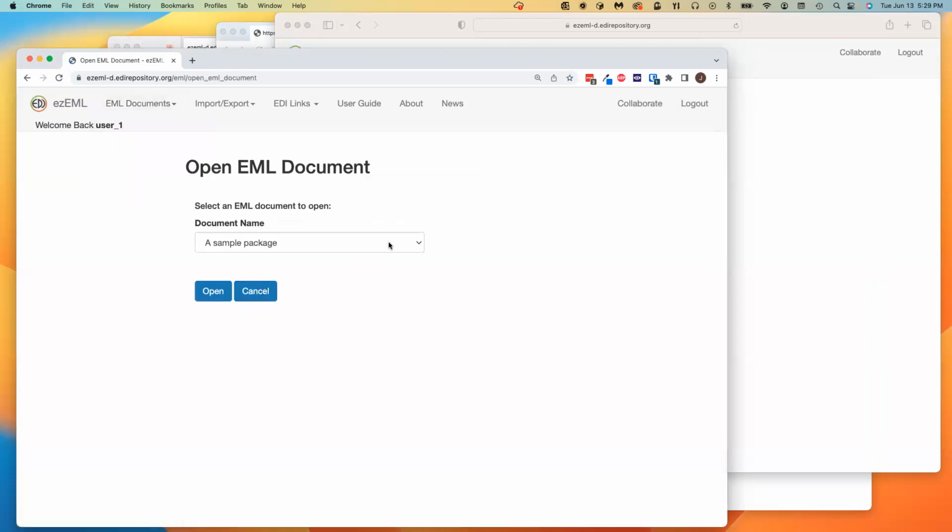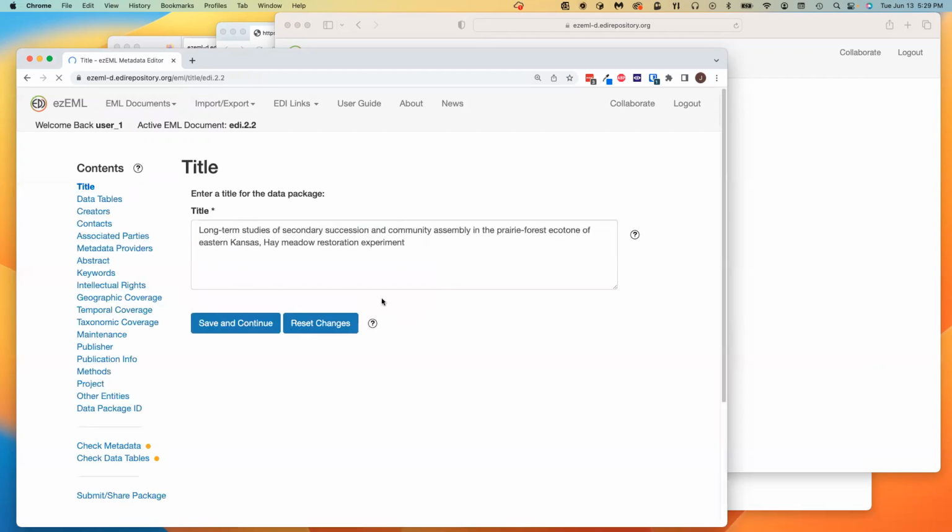Now, as I said, for the documents and packages that I have created, the terminology we're going to use is that I am their owner. And when I open the drop down list here of documents that are available for me to open, those are the documents that I own. So in this case, I'm going to pick, let's say, EDI 22. I'll open that, and we see the